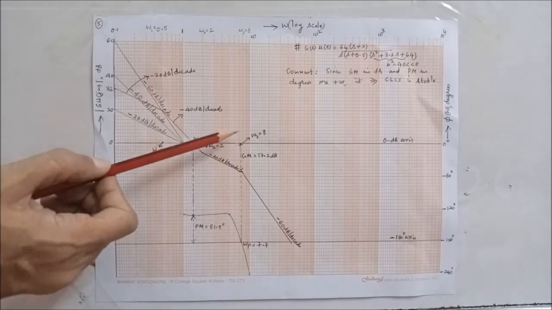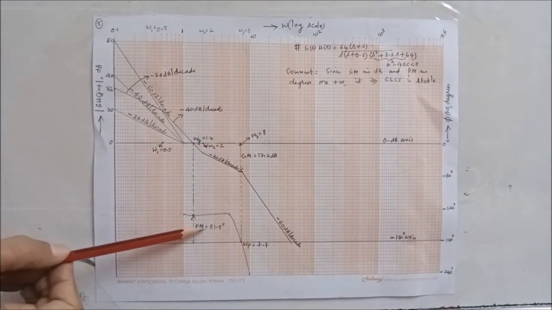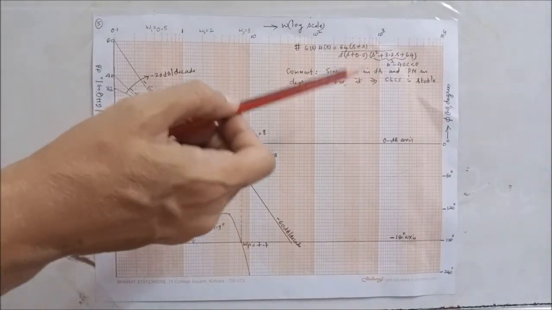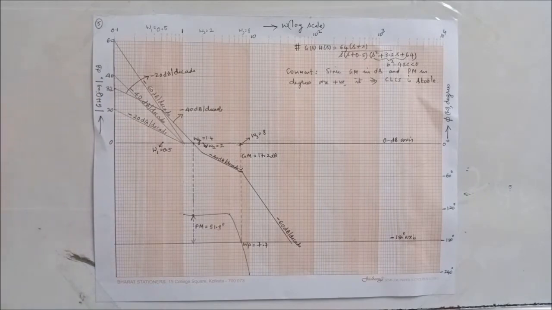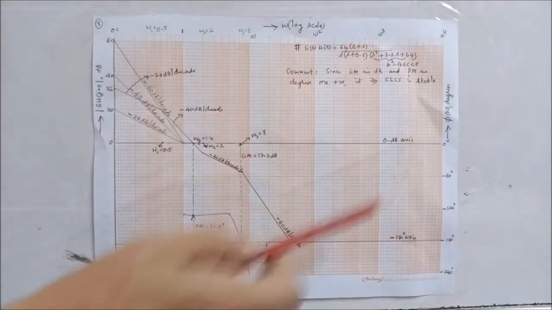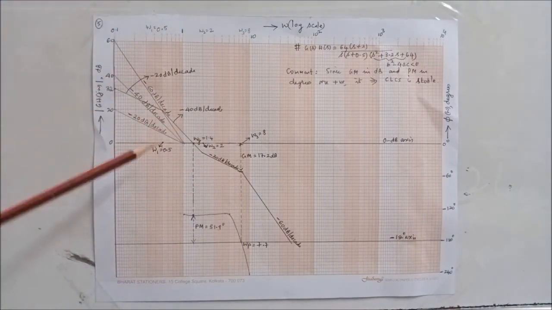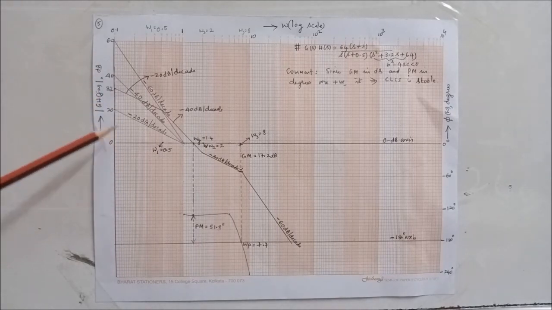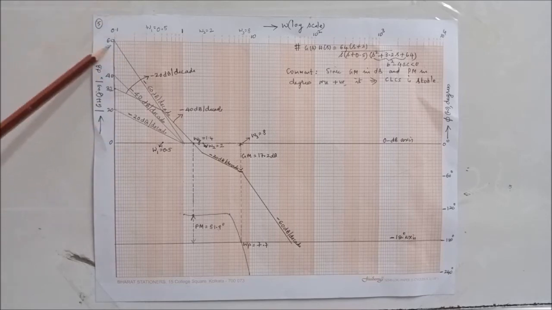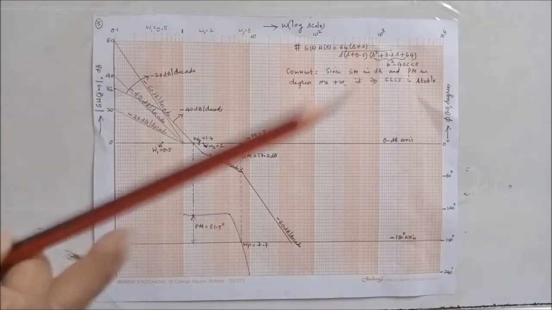Since gain margin in dB is positive, phase margin in degree is positive, it implies closed loop control system is stable. So please practice these problems on the semi-log sheet. Otherwise, in the examination, you may not be able to do it. Please invest for buying a roller scale. It is about 150 rupees or so. Buy it from the Omega company and do it on the semi-log sheet and file it.